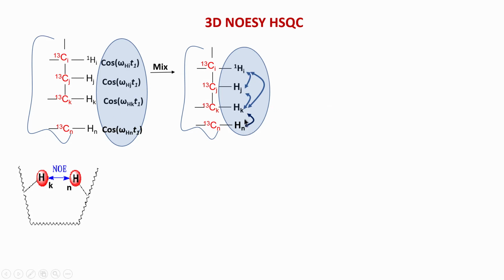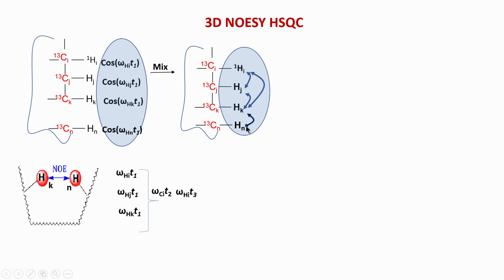So there will not be any transfer of polarization from N to J and I. They may look near in this picture, but imagine that they are not close. So only N to K transfer or K to N, and again remember it is mutual, equal and opposite. So both transfer to each other.